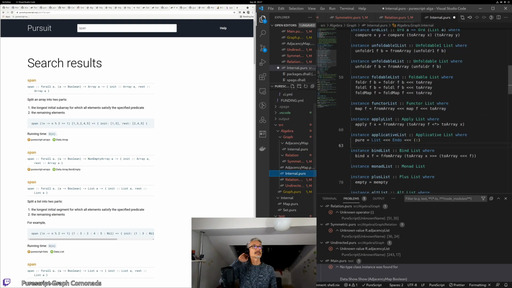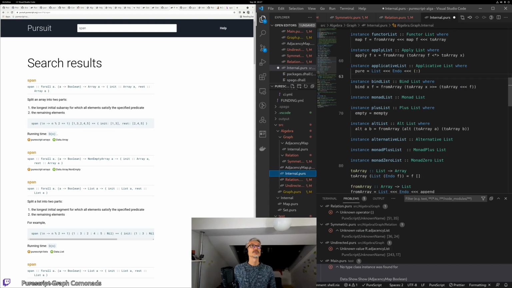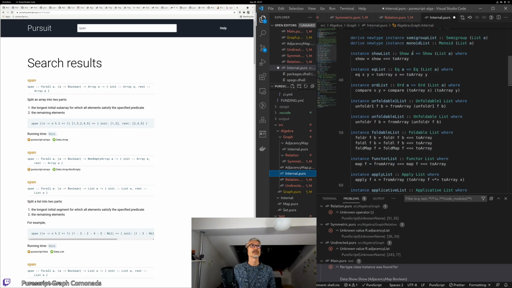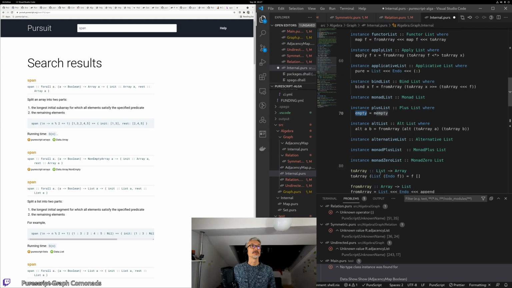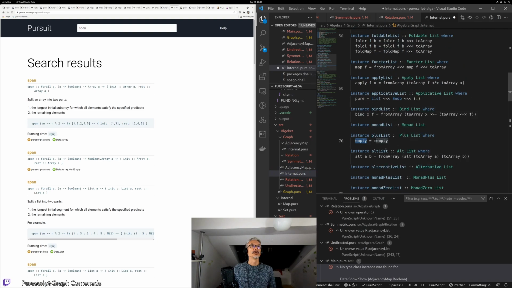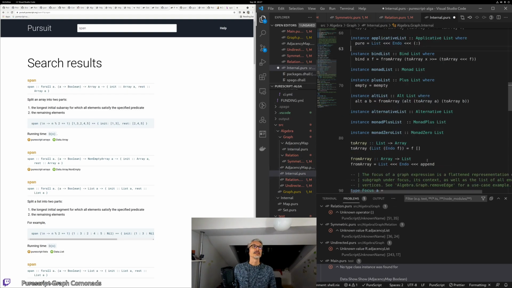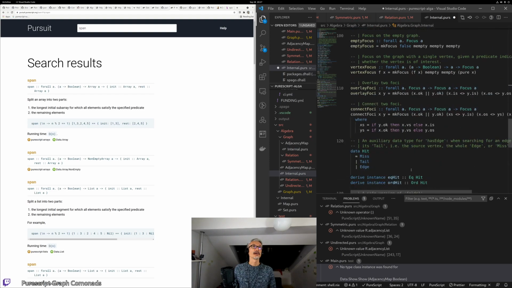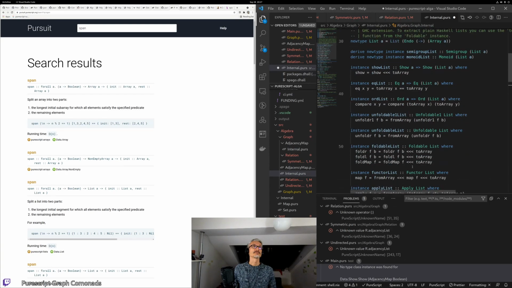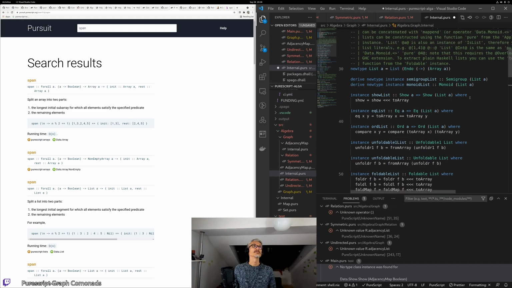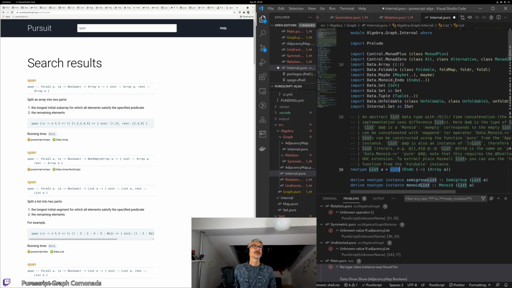the internal list style. I suppose we could use the various instances. We have a monoid instance, so we could use mempty there, or even empty if we wanted to be a little bit more fancy. I think mempty is probably fine. And then how do we construct? I'm not sure how we build. We might have to use the list constructor, and